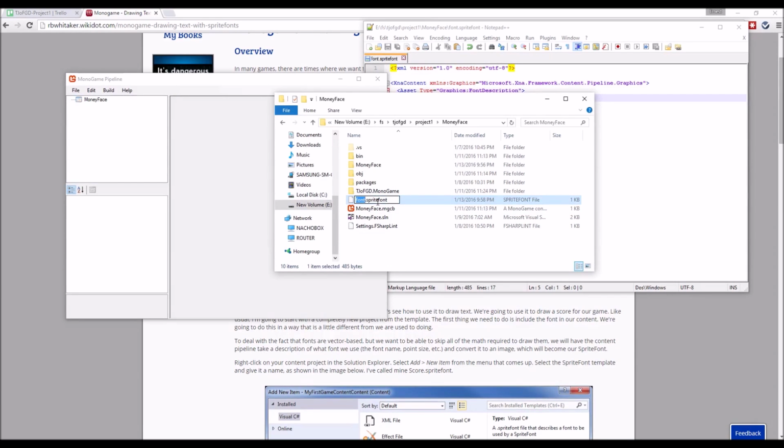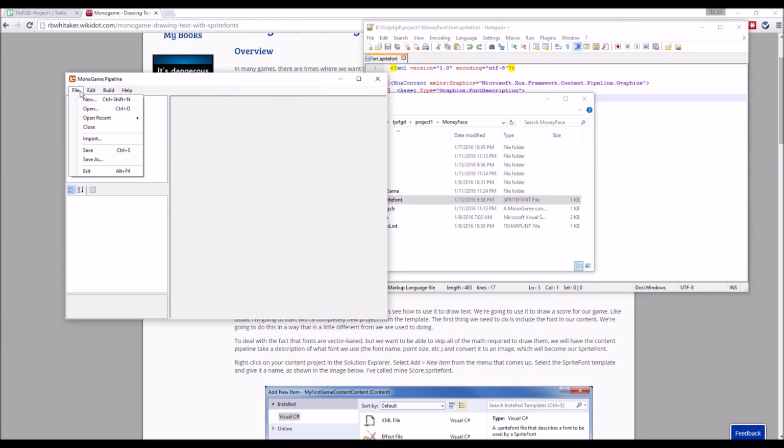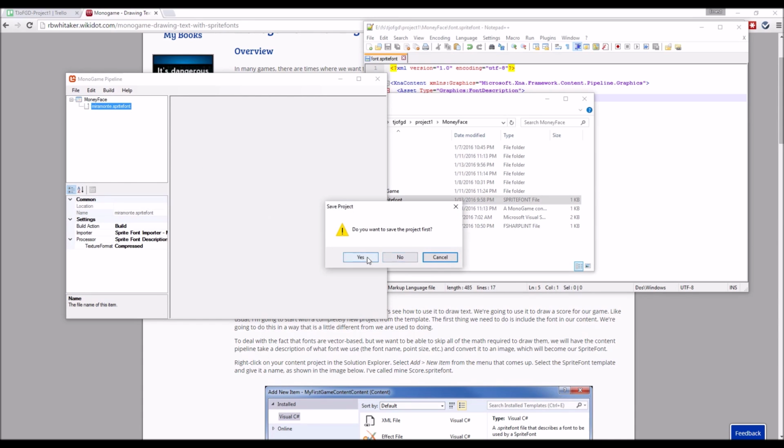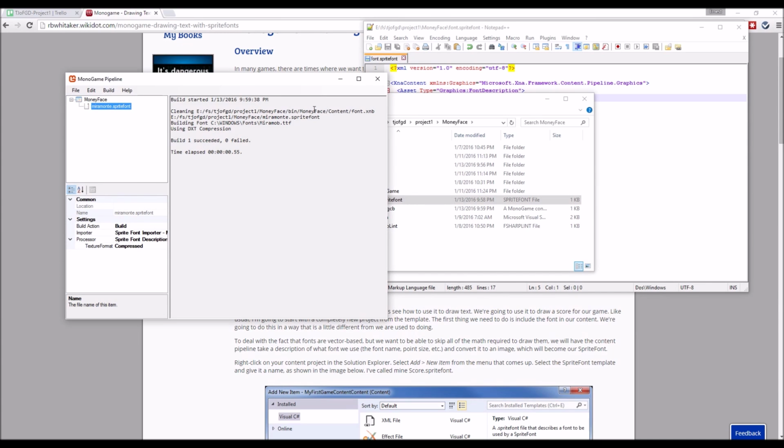We'll actually call it Miramonte. We'll have a second font in here. File, open, add, existing item, Miramonte. We're going to build. Yeah, I love saving the project first. So then,